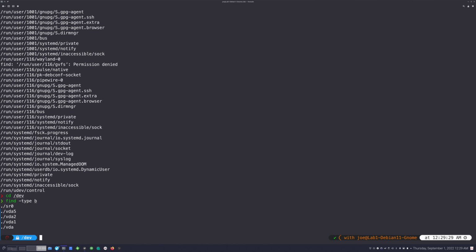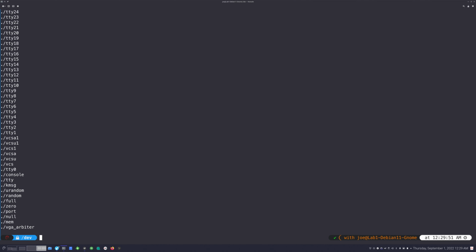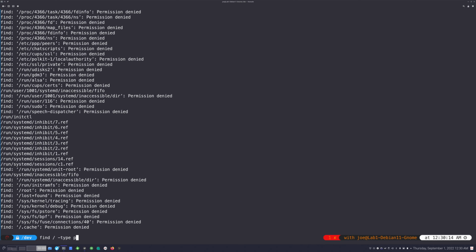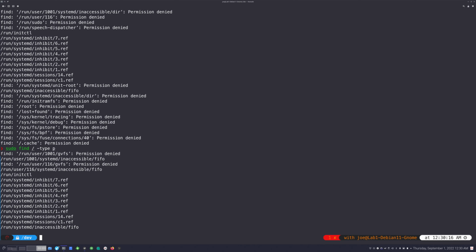Okay, so that's block devices, and then you also have character devices, and this is where you're going to get things like your TTY terminals and all that stuff, your console, whatever. Anything that you can pass characters to. There's special devices, and I could probably make a video on some of that later on. There's some neat little tricks you could do with that, but that's for another time. And then, of course, there's named pipes, which if we do / with a p and I do a sudo, you can see some named pipes. So that's finding files of a particular type.